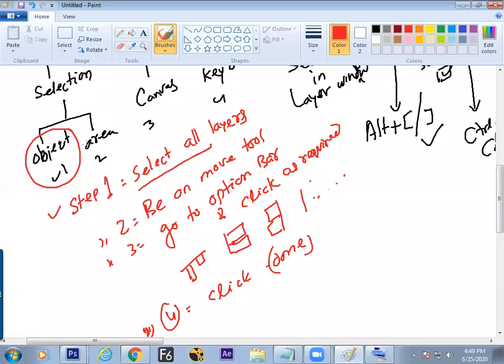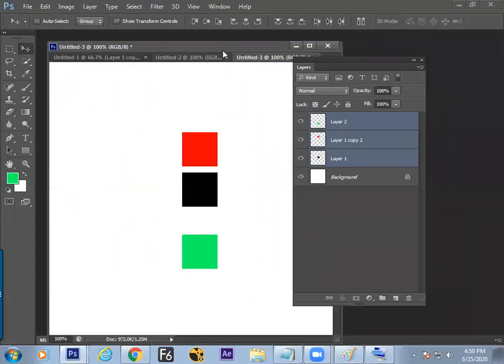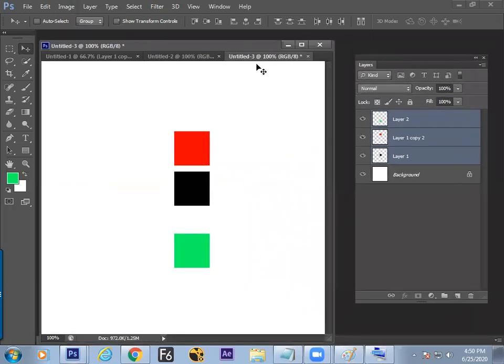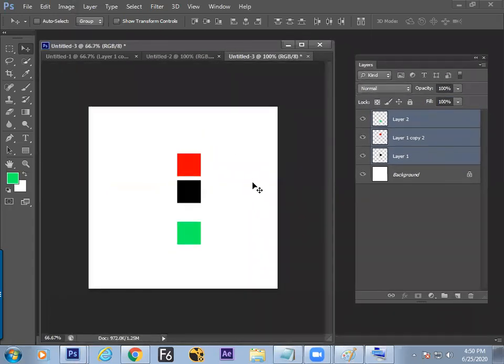Now we'll see how to do the third alignment, canvas alignment. That means this is the canvas. With reference to the canvas, the alignment has to be done. Step number 1, select which layer you want to get aligned with reference to the canvas.